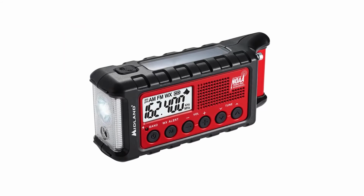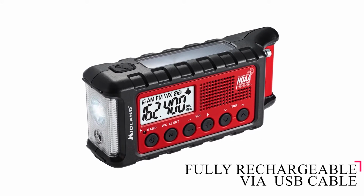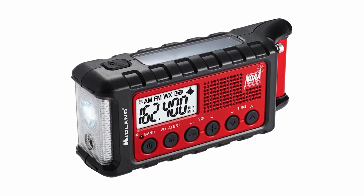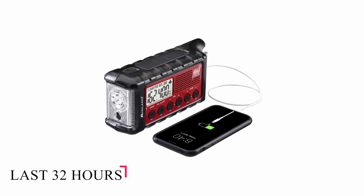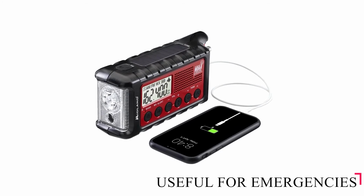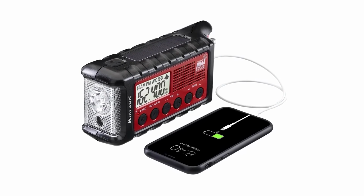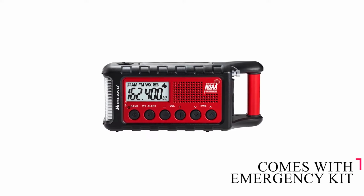The lithium-ion battery is fully rechargeable via a USB cable from the mains over about 6 hours. The battery can also be recharged using the solar panel, also taking up to 6 hours. Once charged, the battery should last 32 hours compared to 25 hours for the ER210 model. Hand cranks are useful for emergencies, and you can get a few minutes of charging from it after a decent burst of cranking. In addition to the instructions, USB cables, and battery, the set comes with an emergency kit checklist,